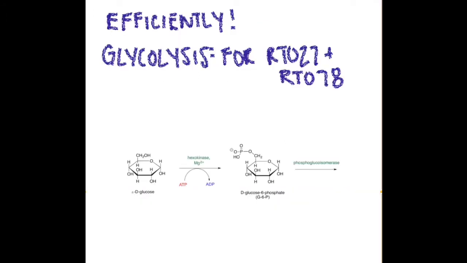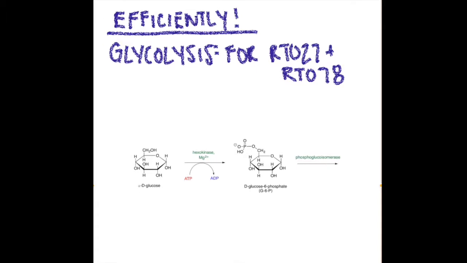In order to understand how C. diff evolved to efficiently metabolize trehalose, we first need to investigate how C. diff breaks down energy. In this case, it's via glycolysis. We will go into detail later on how RT027 and RT078 uniquely break down trehalose, but the key here is that both strains will undergo glycolysis. I'm going to briefly explain the process of glycolysis. First, we start with a glucose molecule, or 1 unit of glucose, and ATP will then come in, phosphorylate it, and then you will have